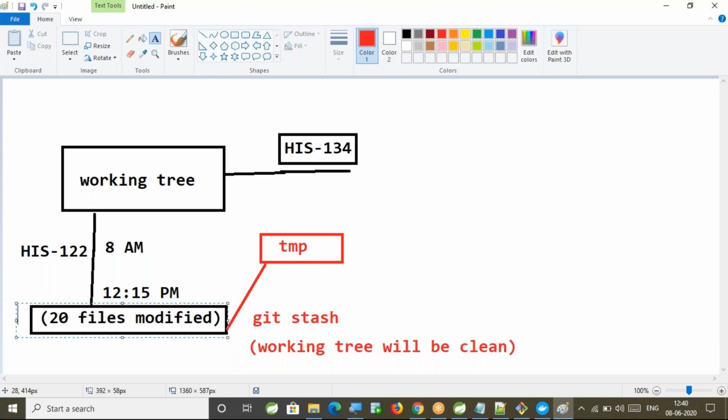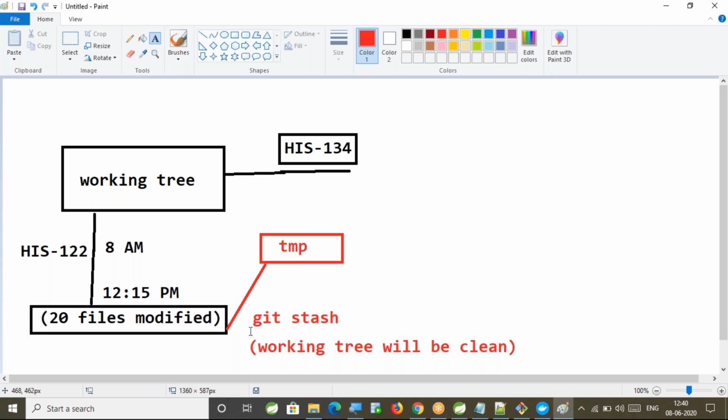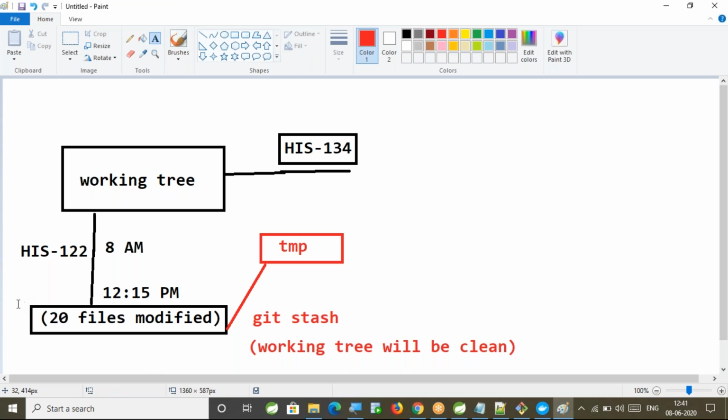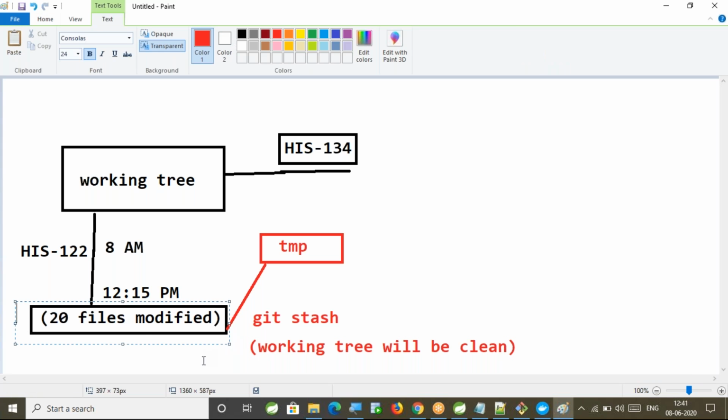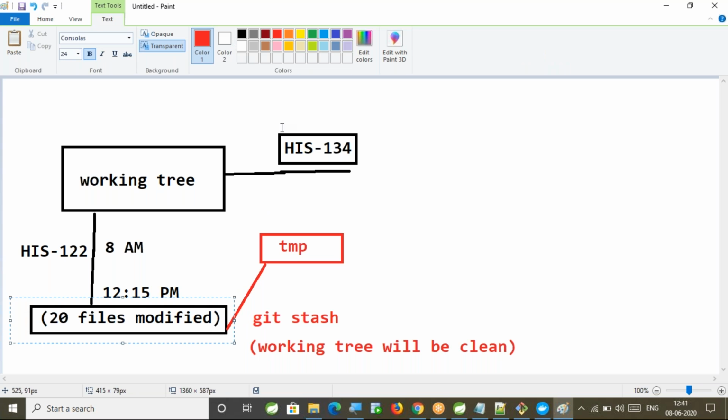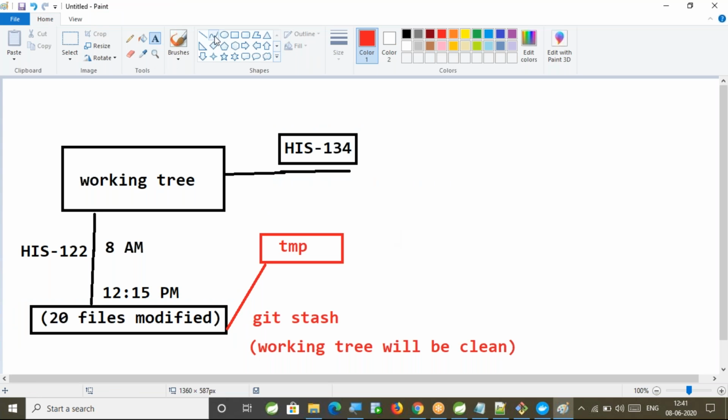If I execute status after executing the stash, it will say up to date. No files are modified, because those 20 file changes are stored to the temp area. My working tree will be fresh. Then directly I can start working with the 134.